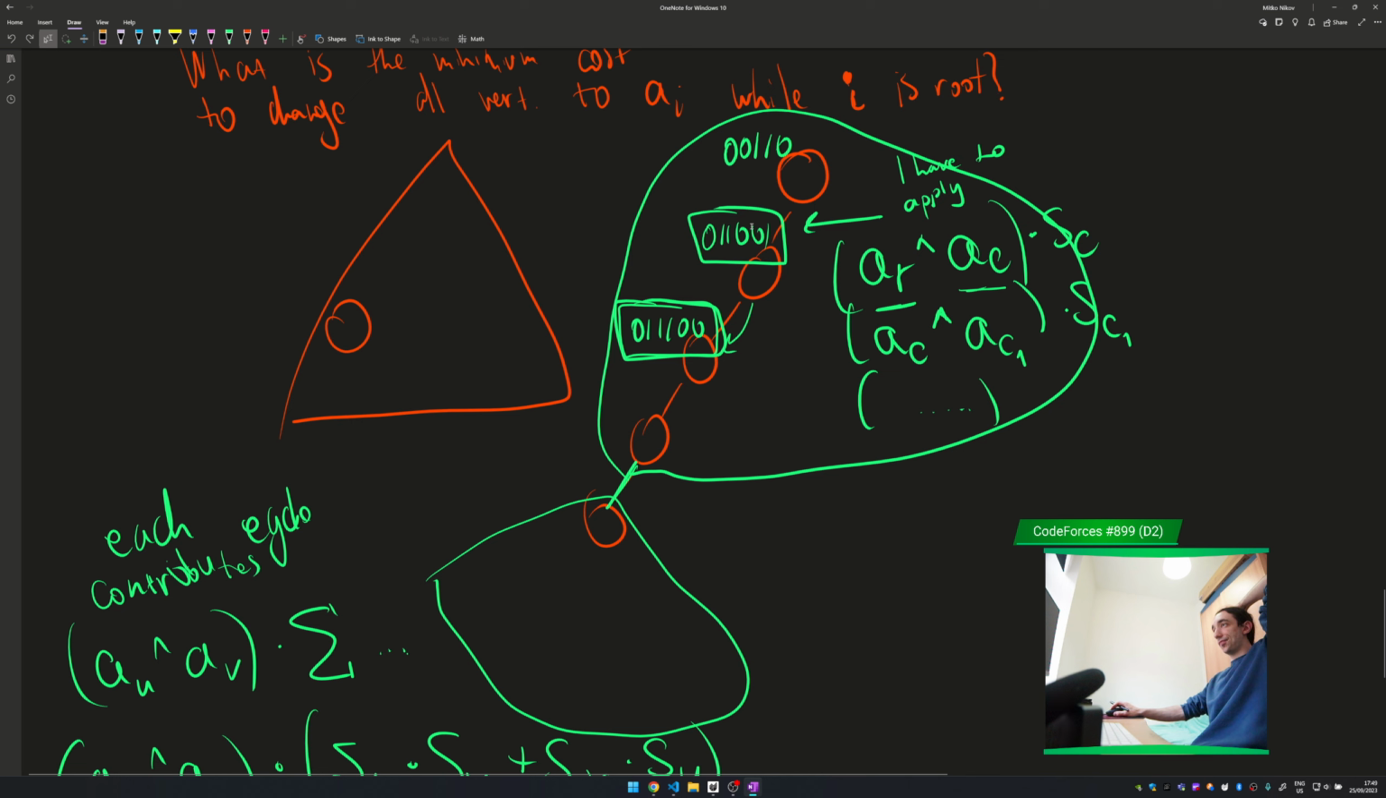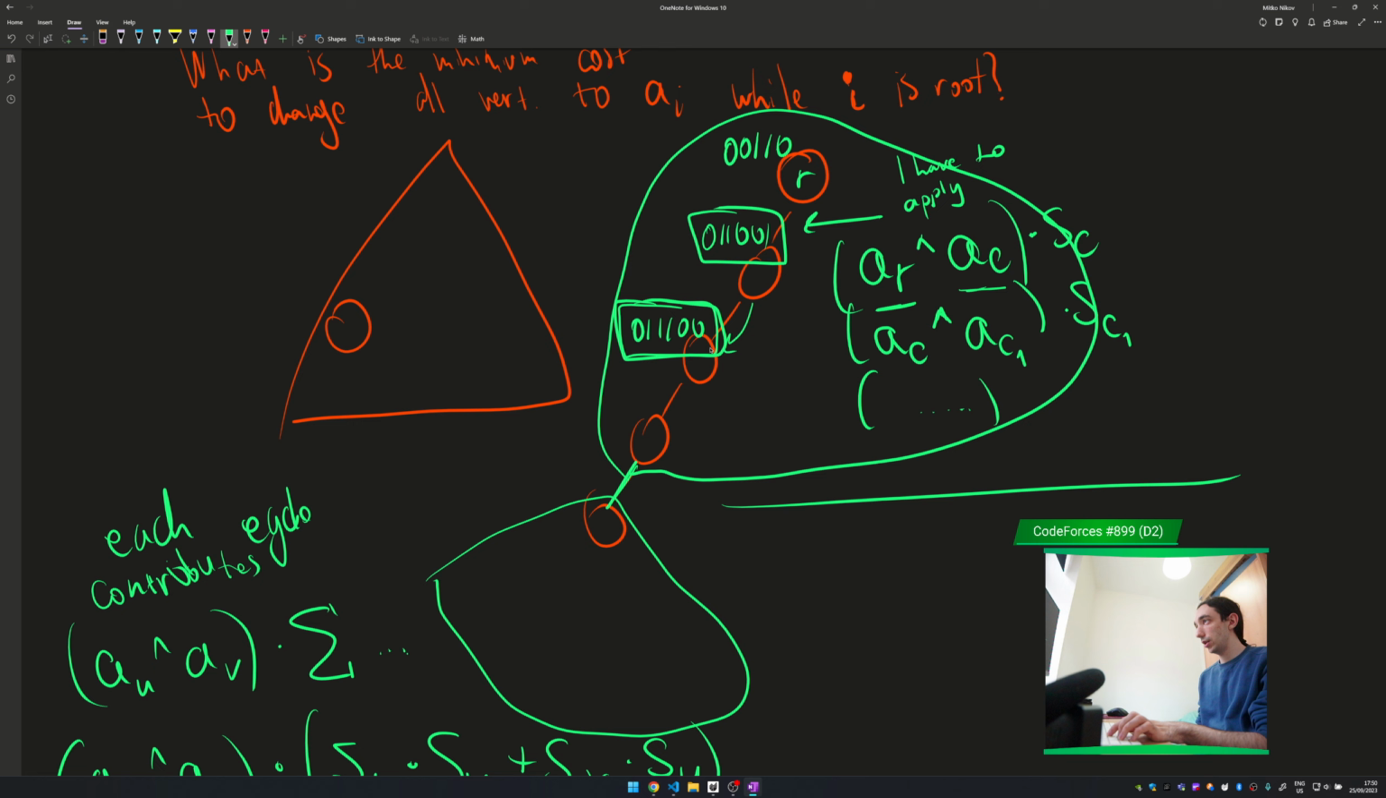All of these edges, each edge will get me each edge will get me the XOR times the subtree from u, on this point from u, if this is u. So, right, so my idea is each edge will